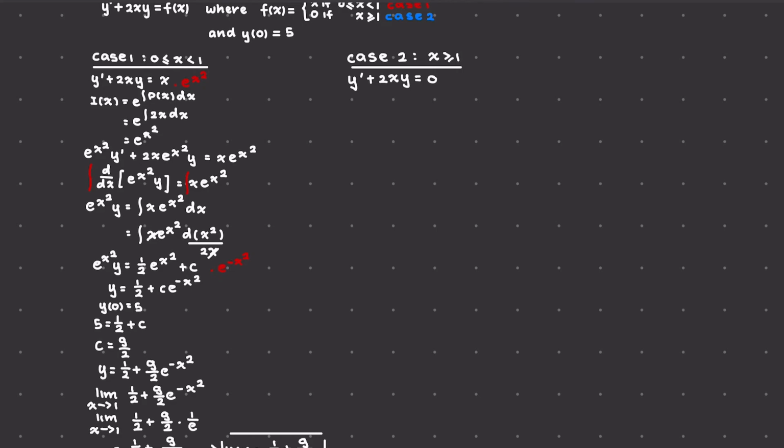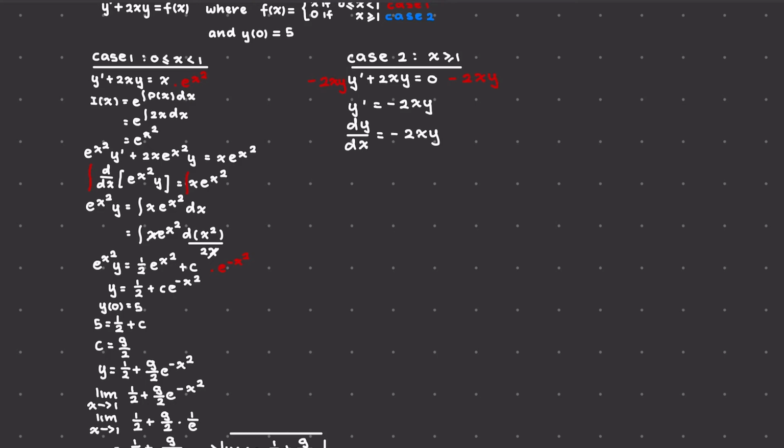So we're going to subtract both sides by 2xy, okay? And so by subtracting both sides by 2xy, we will get y prime equals to negative 2xy, and rewriting the y prime become dy over dx, since we want to do separable here, equals to negative